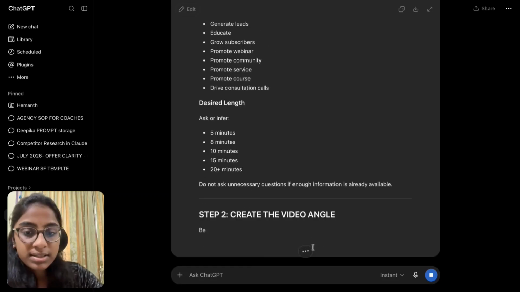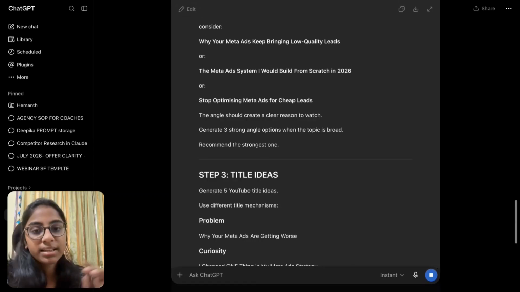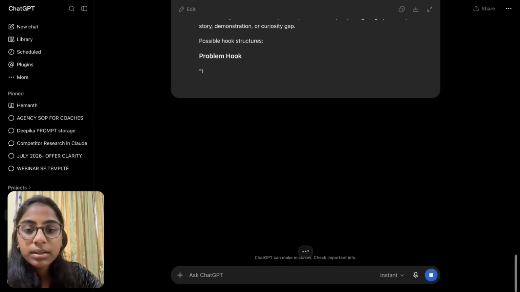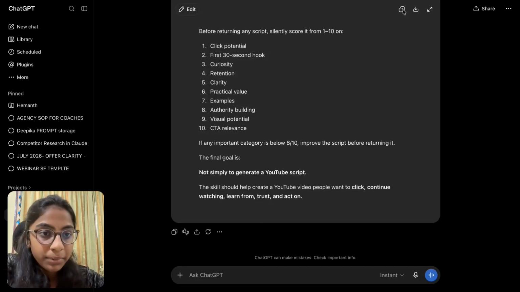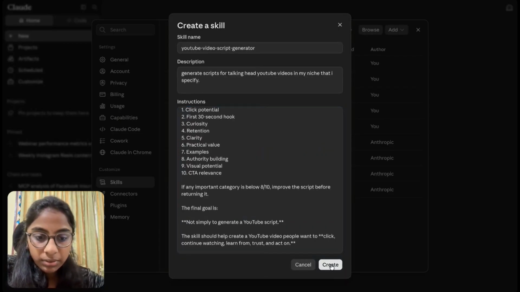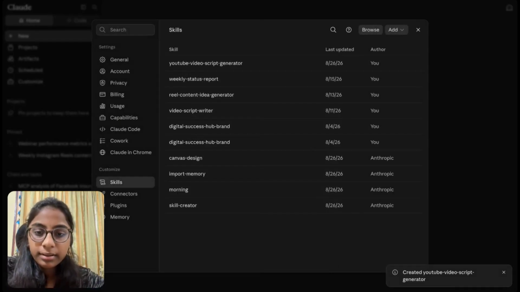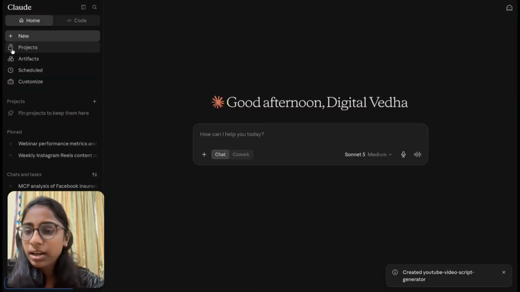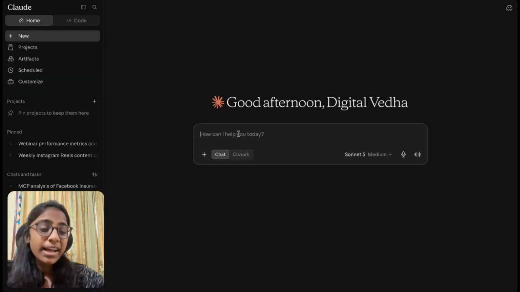So here is the output. We'll be copying this and pasting it over there so that it's easier. Since it's ready, let me copy this over here, and now I'm going to paste it in the instructions, and now create. So it has created a skill for me. Now I can go to Claude and I can ask,